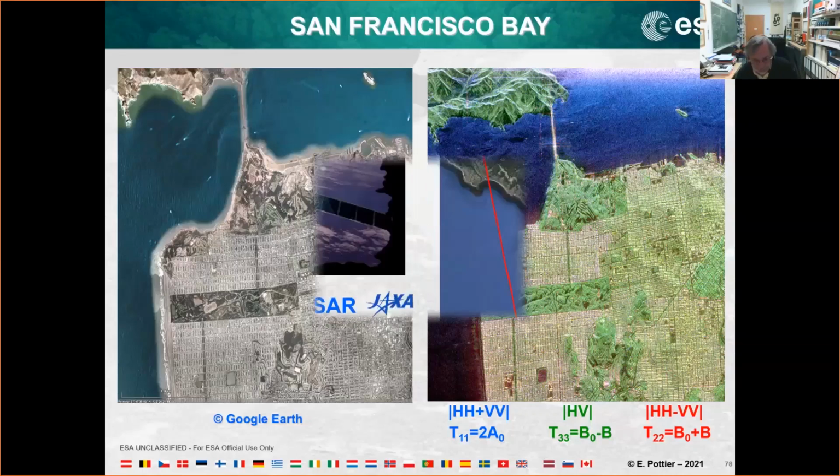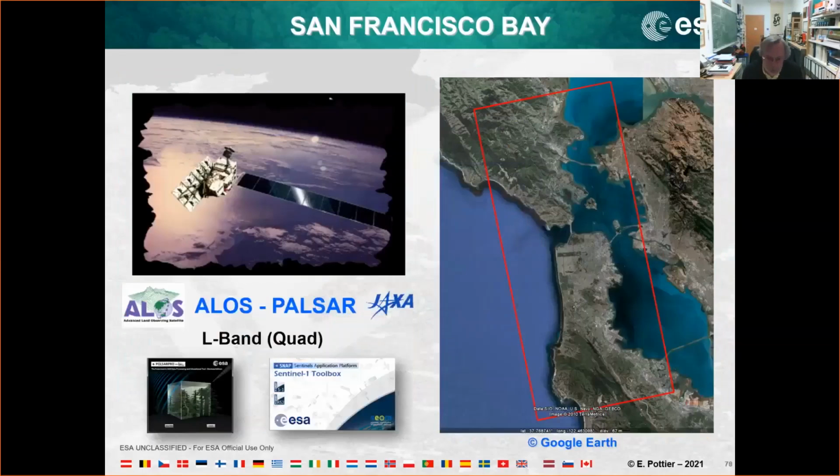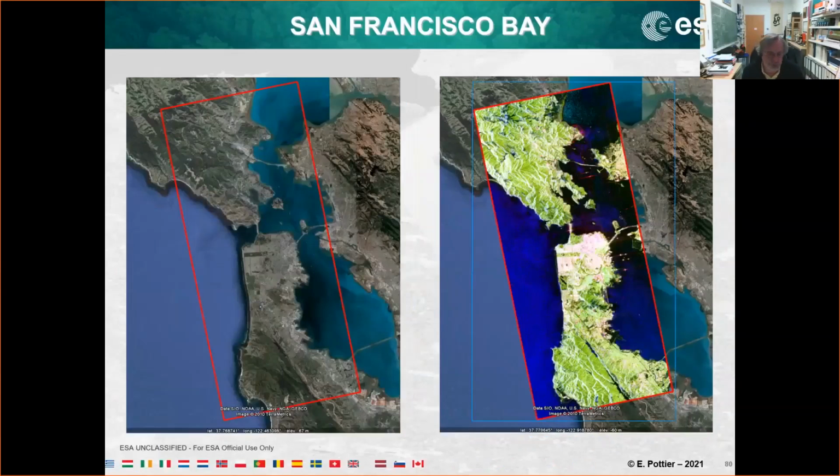And this afternoon, during the practical, we shall use this image, so this area. We shall use PolSARpro to process the image, and at the same time we shall use SNAP to make the co-registration of the image. And you can see here an overlay of the fully polarimetric SAR image over Google Earth. Like that, you can see that there is a one-to-one correspondence. So it's very important to have a physical interpretation of the different scattering mechanisms we can detect inside each pixel.